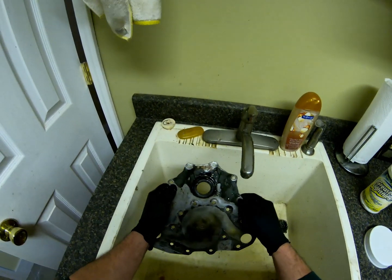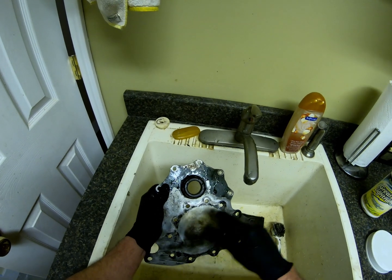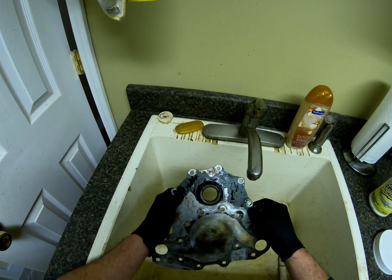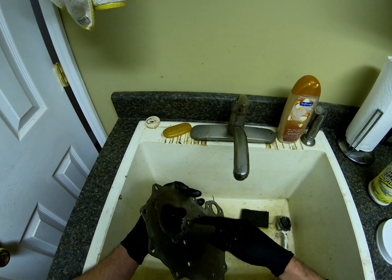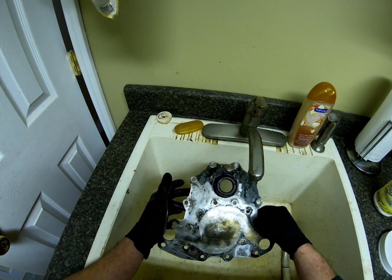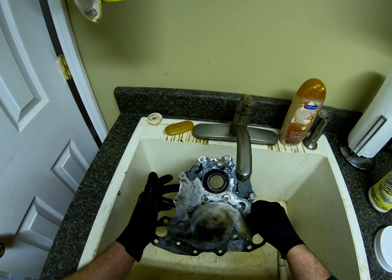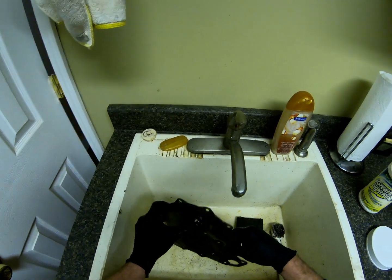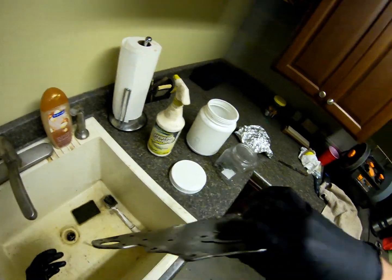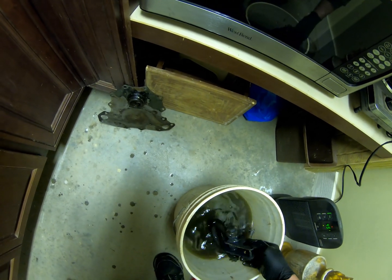This is actually the gear cover for the front of the motor. You see the outline of the water pump right here. Well, to take the water pump off, you actually have to take this gear cover off because there's bolts that go through from the backside. And I don't know if I put it in another video, but when I first got this thing, I had an issue with it heating up. Put a water pump on it, and once I got it all back together,